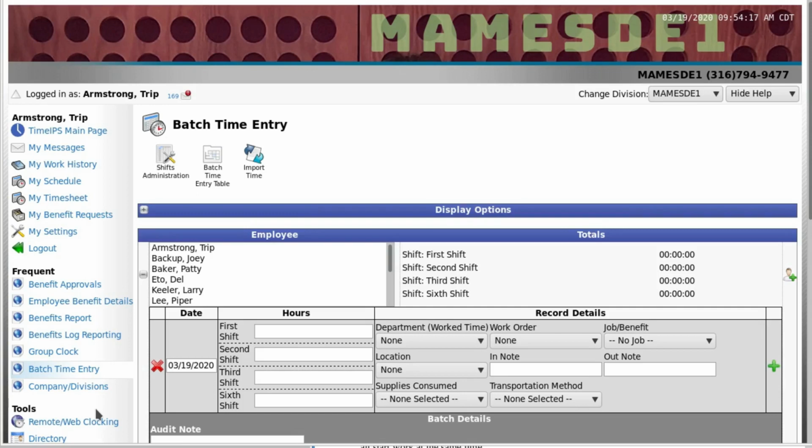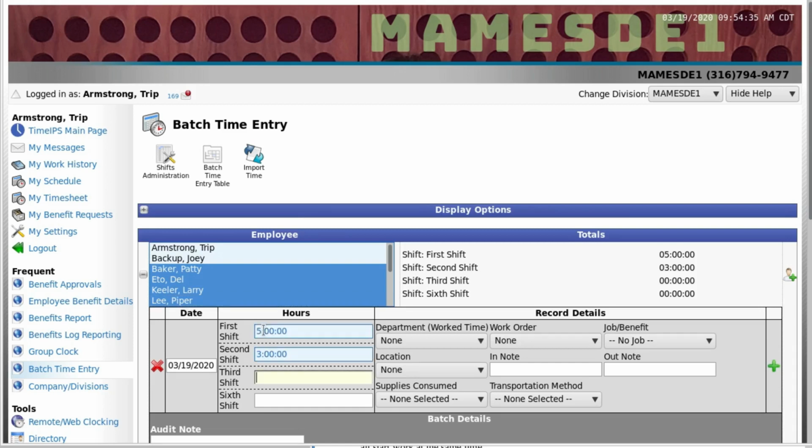Badge time entry is similar to group clocking, but easily matches hours to shift start times, and multiple days can be entered at once. This is ideal for employees that work on shifts but do not clock in or out themselves. Multiple employees can be selected, multiple shifts can be worked,